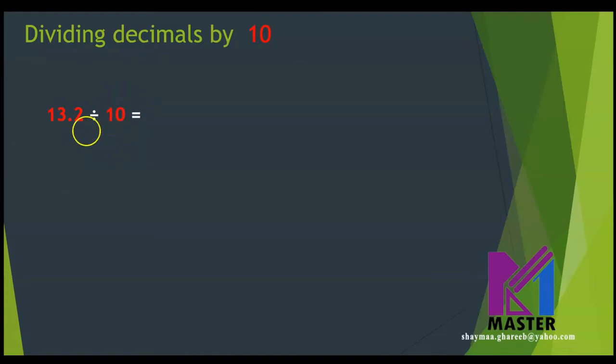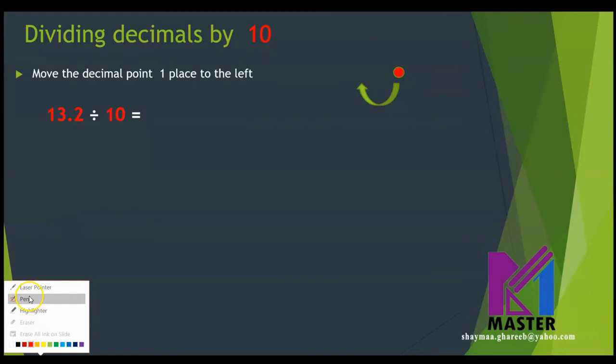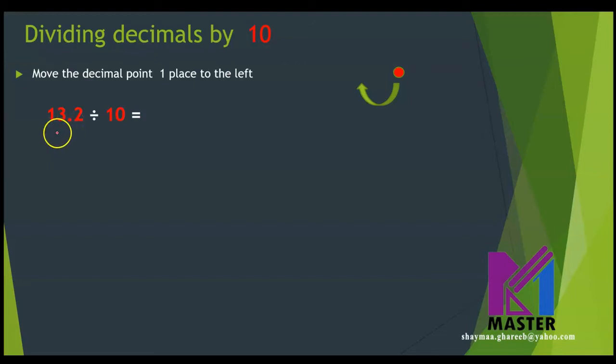So when I divide by 10, each digit in the number is getting smaller by 1 place. So we can do this by just moving the decimal point 1 place to the left. So let's see how. If this is the decimal point, I'm going to move it 1 place to the left direction. So when we do this with the number 13.2, I will move this decimal point 1 place to the left. So it will be here between the 1 and 3. Then my number will be